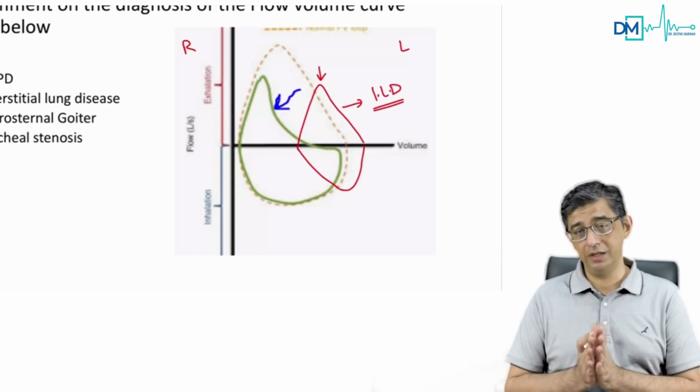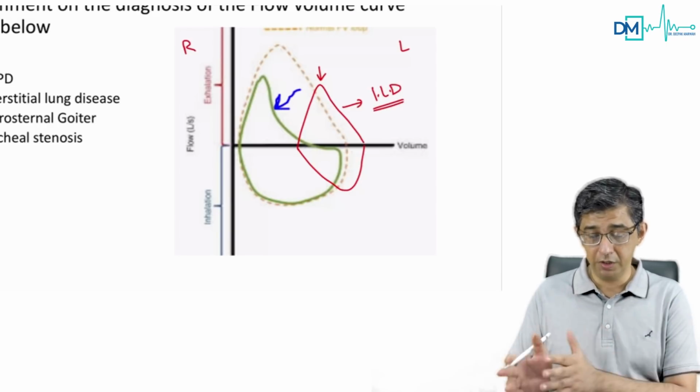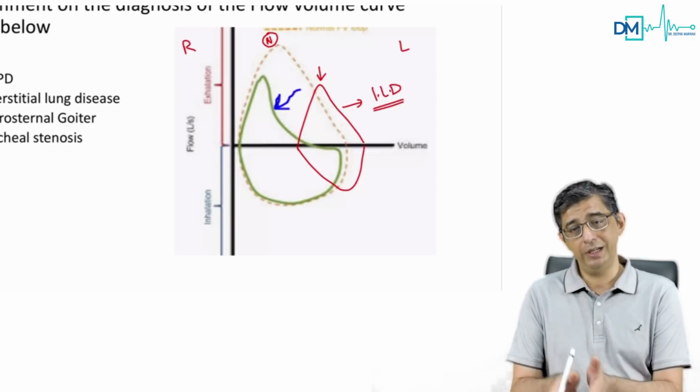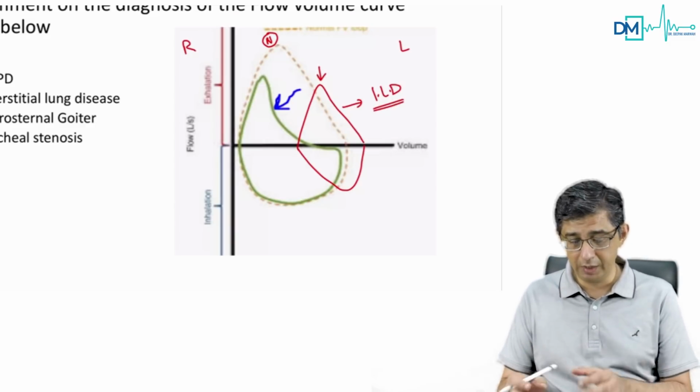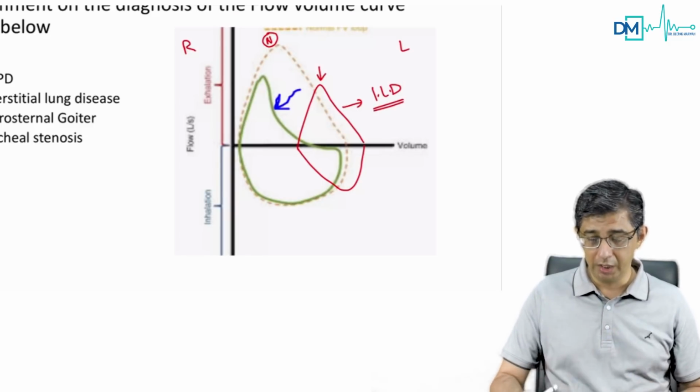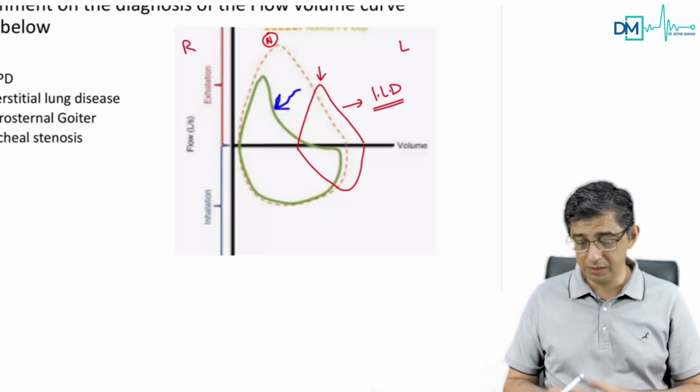The dotted one is the baseline curve. So if you get a curve shift, if the curve is given, this is normal. If it gives you a curve which is slightly shifted towards left, it has a very pointed beanie cap appearance. As compared to normal, which is more curved, it will have a proper pointed beanie curve appearance in interstitial lung disease.